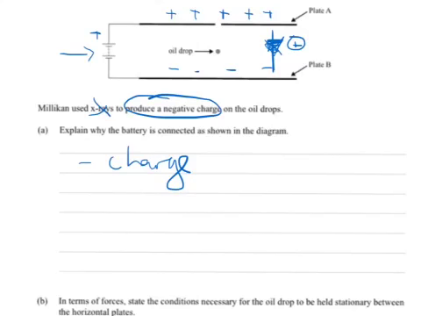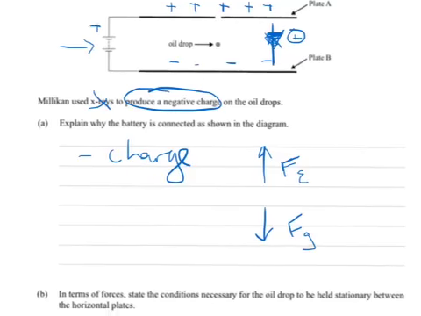And therefore we need to have an attractive force upwards due to the electric field, because we need to balance out the force due to gravity downwards. And that's the whole point of it. That's why it's oriented that way, because a negative charge needs to be attracted to the top by a positive